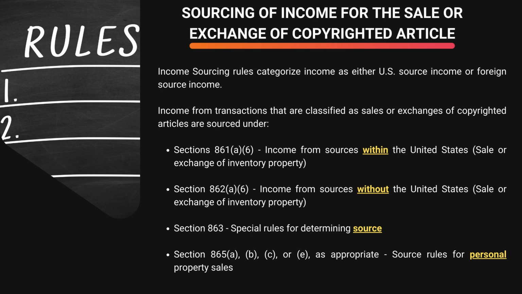Section 865A, B, C, and E talks about sourcing rules for personal property sales. When we say personal property, it is anything that's not real property. So think about equipment, cars, your towel, your caps. Those are physical items I mentioned, but personal property can include intangible assets. So it could include